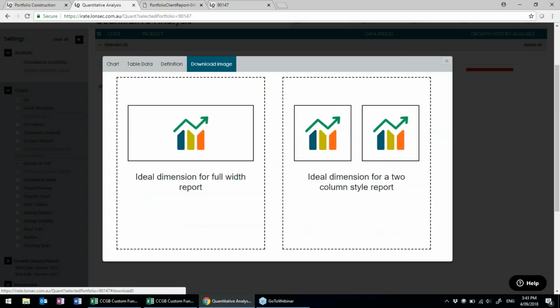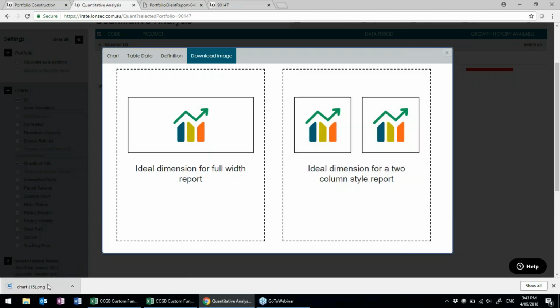One final new feature just to bring to your attention is download image. We now have two formats of these images that you can use in PNG format. The standard one, which will fit the full width of a page, or one that can be shrunk so it can fit like in a two-column style report for you. So once you download that,